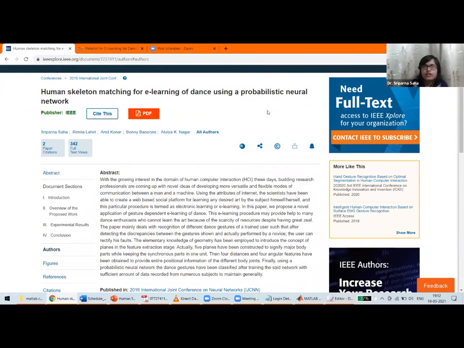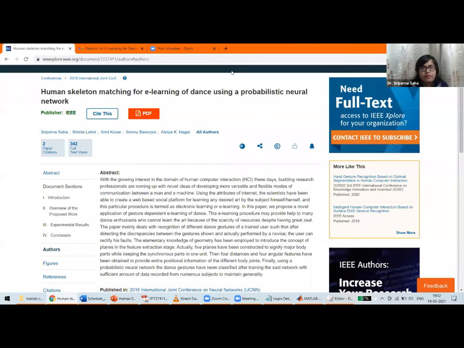So today we'll be discussing this particular paper, named Human Skeleton Matching for E-Learning of Dance using a Probabilistic Neural Network. That is PNN, a Probabilistic Neural Network, which is a type of neural network. On the last class, you must have learned what a neural network is and how that can be trained. So one particular type of neural network, the probabilistic neural network, is what we are going to discuss